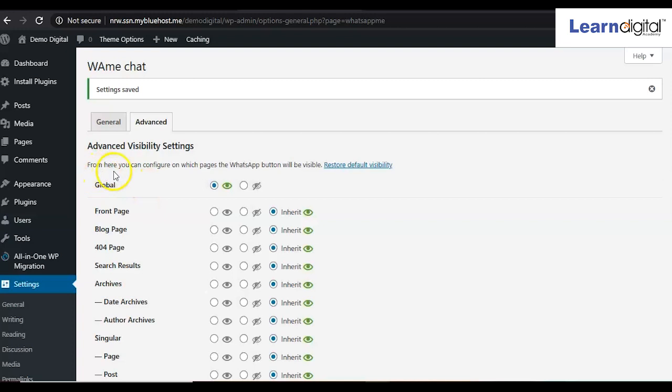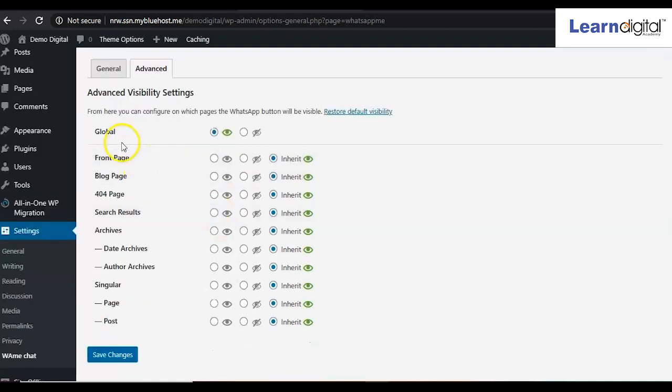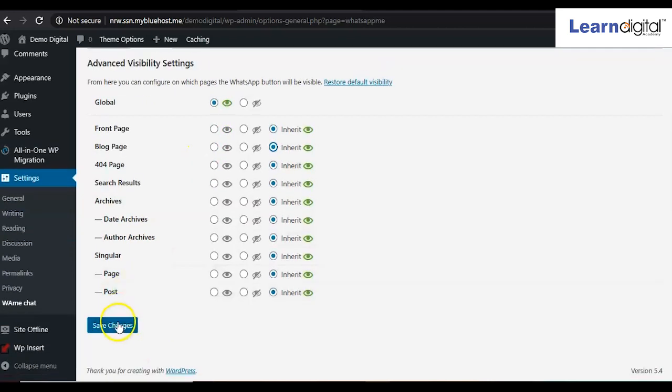From here you can configure on which page that WhatsApp button will be visible. Here you can select the page. Right now by default it has taken global. If you select a particular front page or blog page, accordingly it will be shown on that, right? Right now let it be global, and click on save changes.